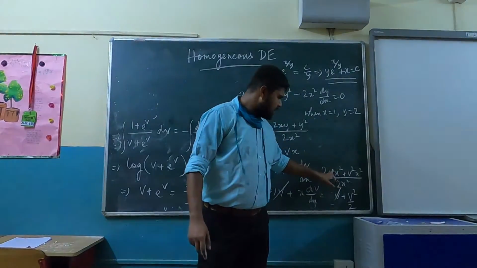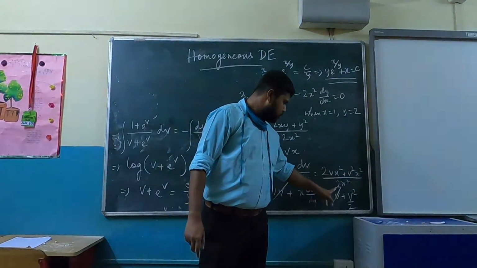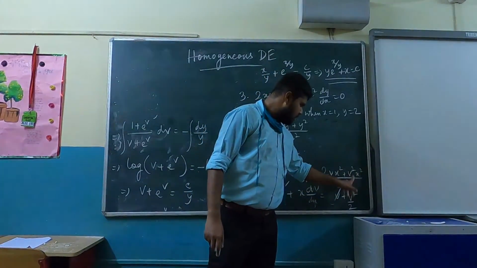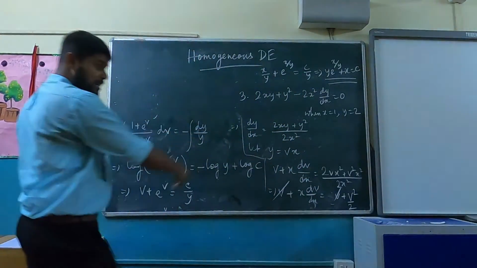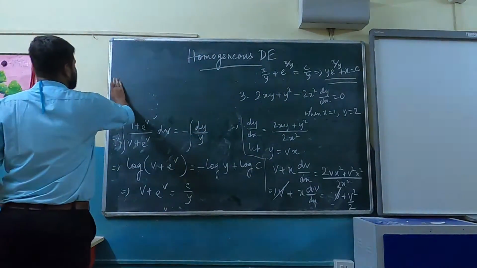So x square they get cancelled, and 2 divided by 2, this is v, and this is v square by 2, and v get cancelled. So you have